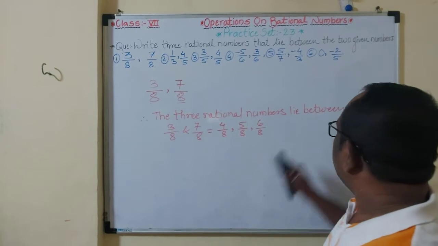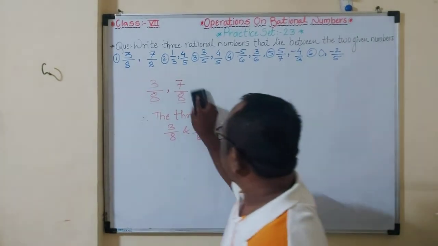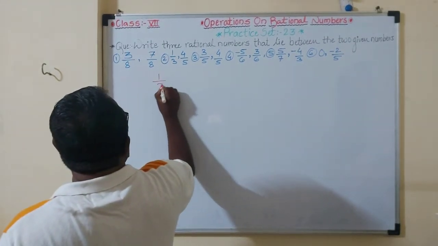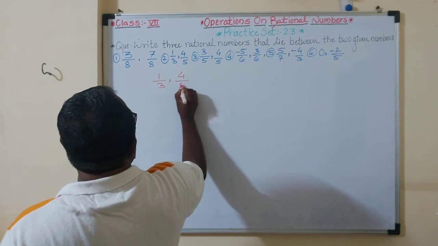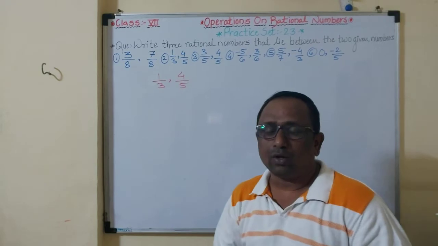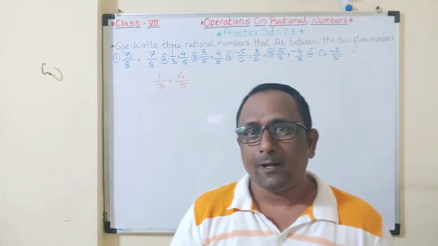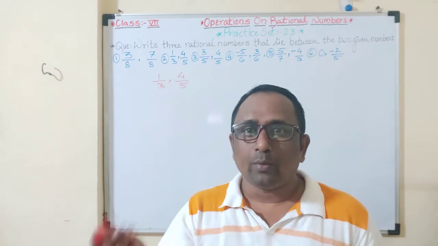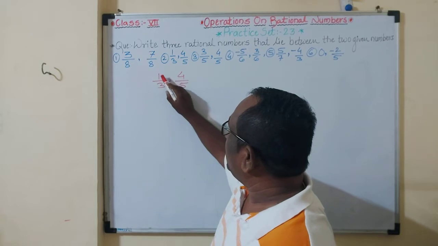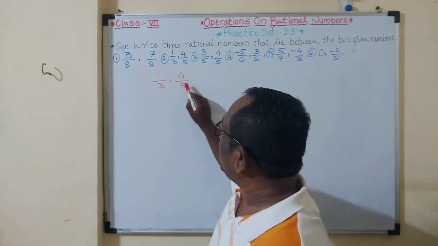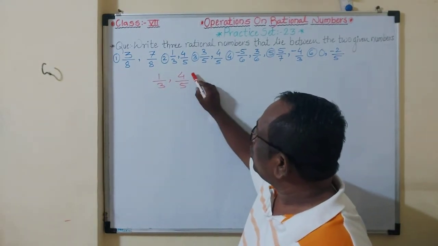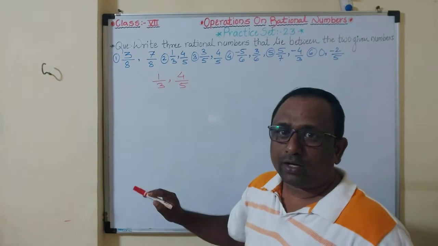Now we'll move to the second example. Here in the second example, we notice that the denominators are different. In the first fraction the denominator is 3 and in the second one the denominator is 5. So first we always have to make the denominator same. Now you know how to make the denominator same. We write the first fraction and multiply it by the second fraction's denominator, and then we write the second fraction and multiply both its numerator and denominator by the first fraction's denominator. So let's see here.